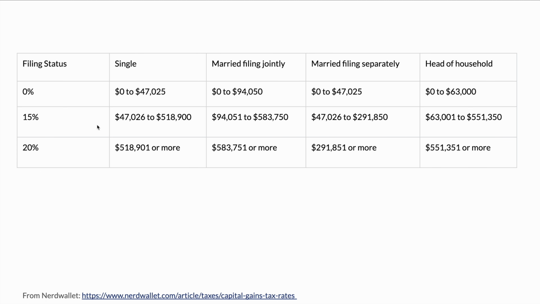And this is the same idea for capital gains. If you're single, your long-term capital gains are going to be taxed at 0% up until your income is $47,000. And if it's over $47,000, then they're going to get taxed at 15%. It's actually a little bit different